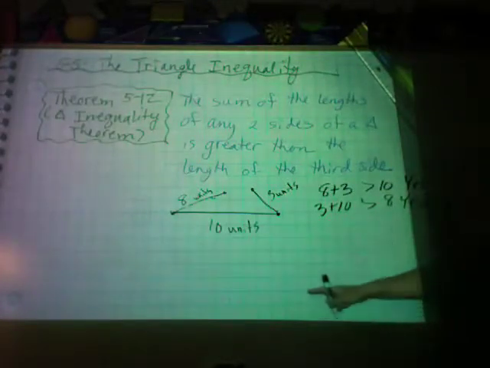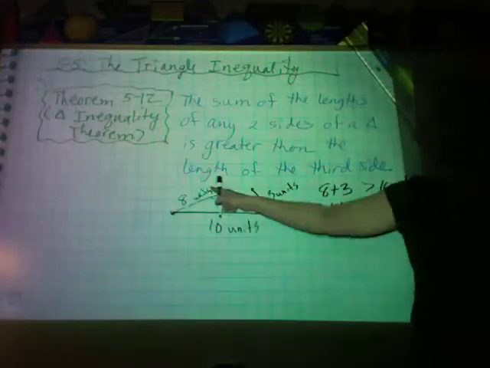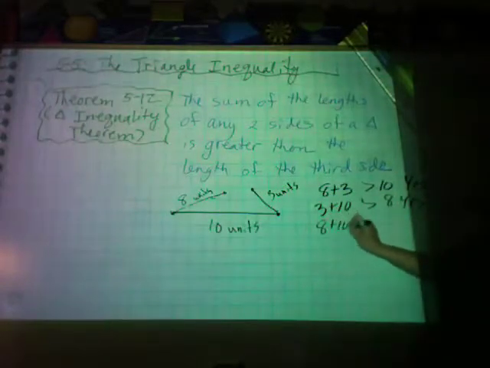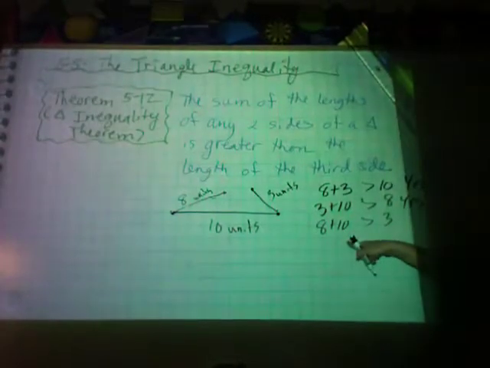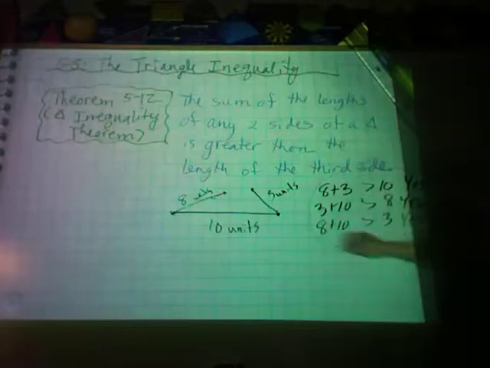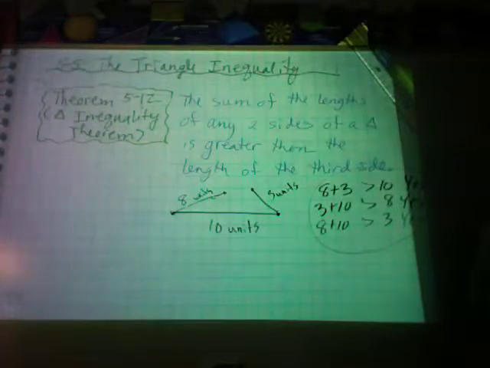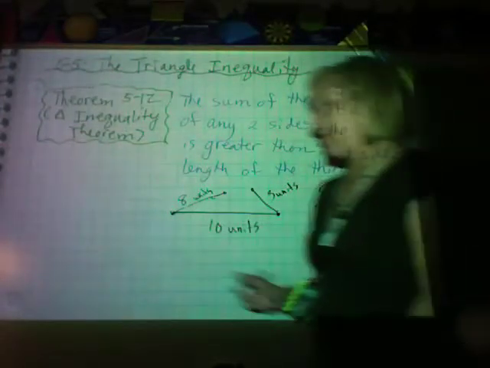Yes. And the last 2 that I could put together would be 8 and 10, right? Is that bigger than the third side, 3? What's 8 plus 10? 18. That's bigger than 3, yes. All 3 have to be yes for it to create a triangle. You might have 2 of them that are yes, but if any one of them is no, it doesn't make a triangle. For instance, let's go back and look at